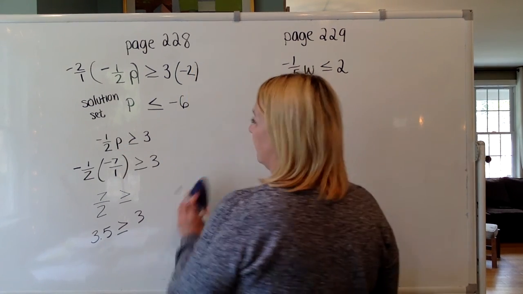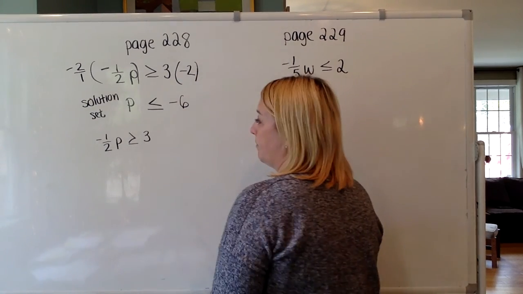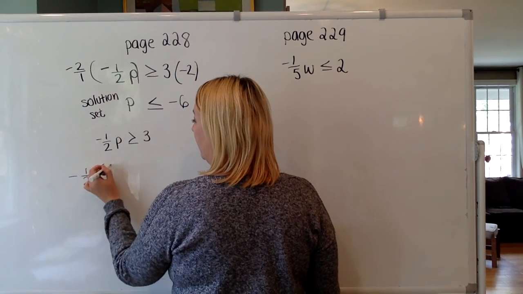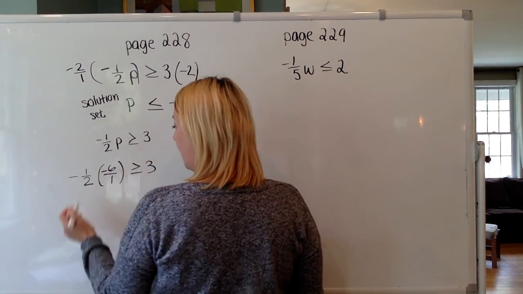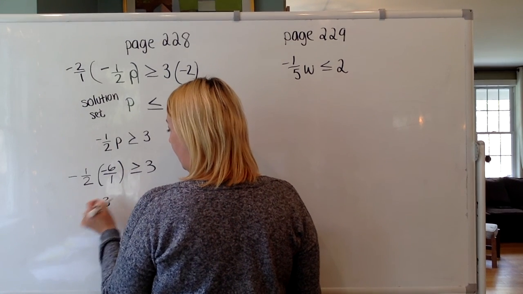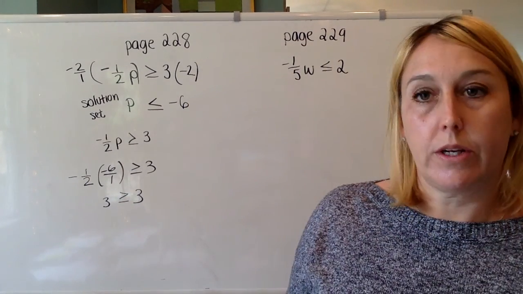Let's try, because it says it could be equal to negative 6. Let's go ahead and plug in negative 6 and see what happens. Negative times a negative is a positive, and 1/2 of 6 is 3. So of course 3 is less than or equal to